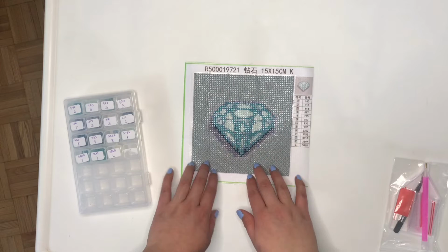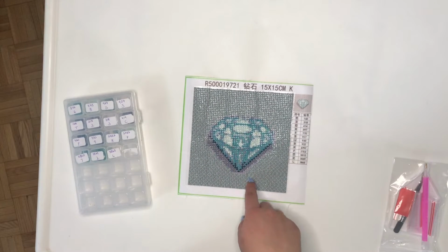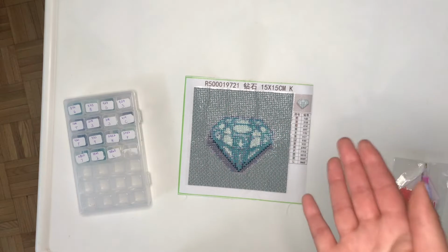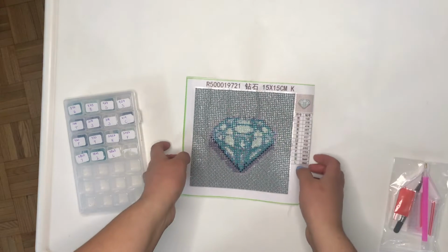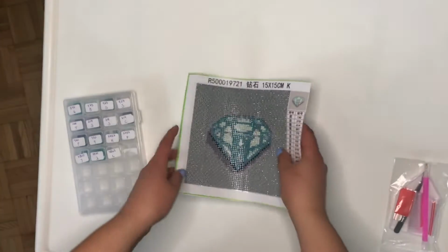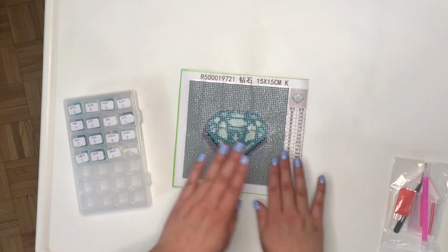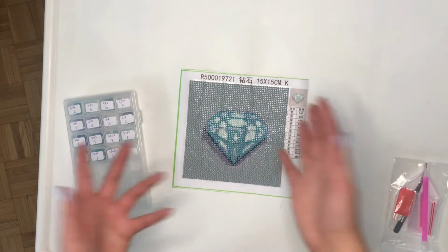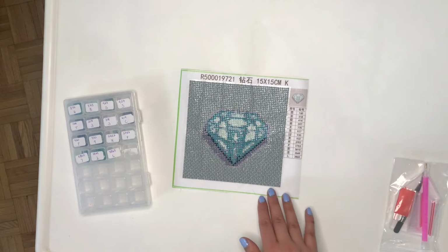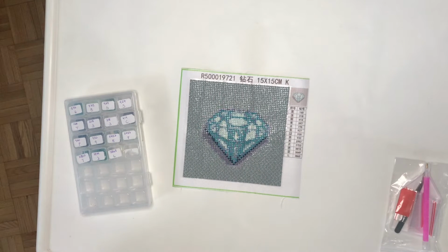In terms of actually working on this canvas, this one was a little different. It wasn't poured glue. It was actually a double-sided tape. So I've never worked on double-sided tape before. But to be honest, I had no issues. I ended up just pulling the entire top sheet off and putting release paper on top so that I could section it off. In terms of actual completion time, this pretty much took me, I want to say,